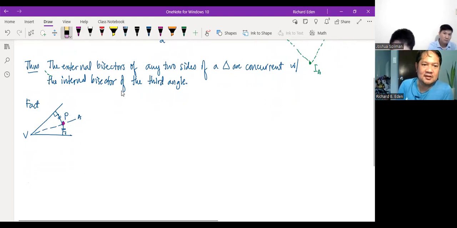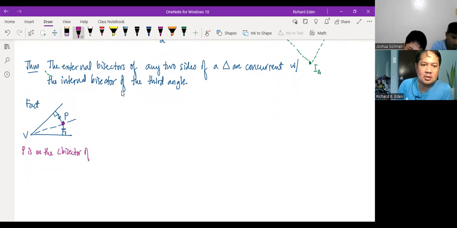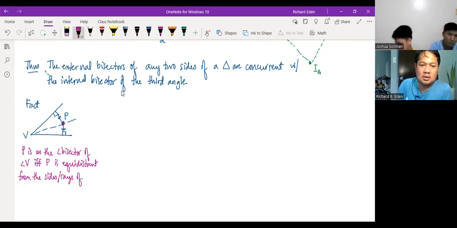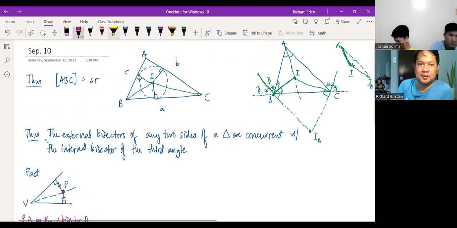No, in fact, let me write it down. Okay. P is on the angle bisector of angle V if and only if P is equidistant from the sides or the rays of angle V. Okay. So, in our proof,